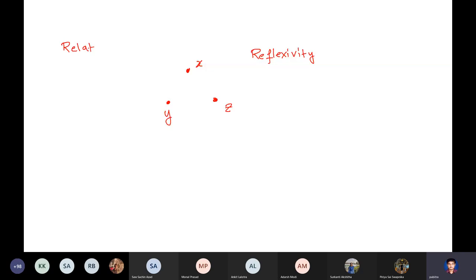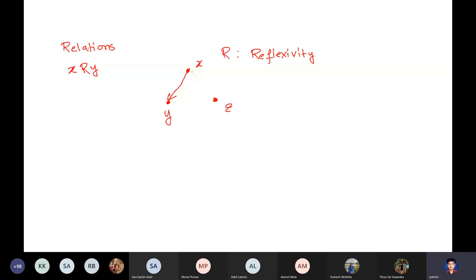That means if X is related to Y, I will draw a directed arrow from X to Y. Similarly, if X is related to Z, I'll draw a directed arrow from X to Z. Okay. So if R is reflexive,